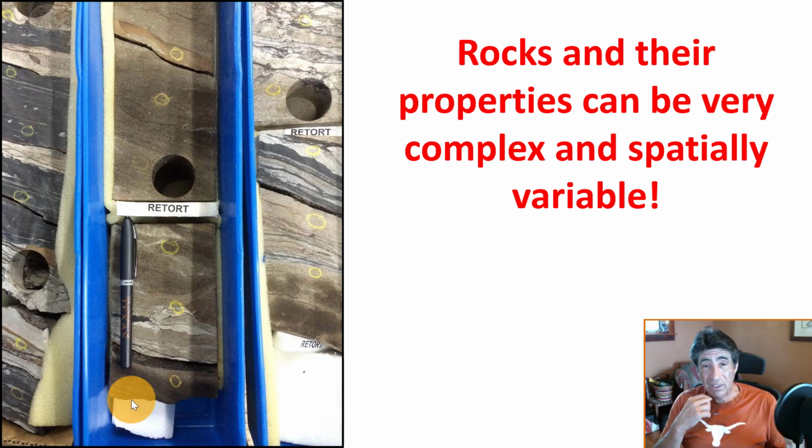If you're dealing with scalar measurements such as density, gamma ray, then this will be just a volumetric average. But if you're dealing with properties that have direction dependency, such as, for instance, sonic logs or electrical resistivity logs, then not only will you have an average, but you can also sense direction dependent properties such as anisotropy. You will have one electrical resistivity or electrical conductivity parallel to bedding plane, and another one perpendicular to bedding plane.